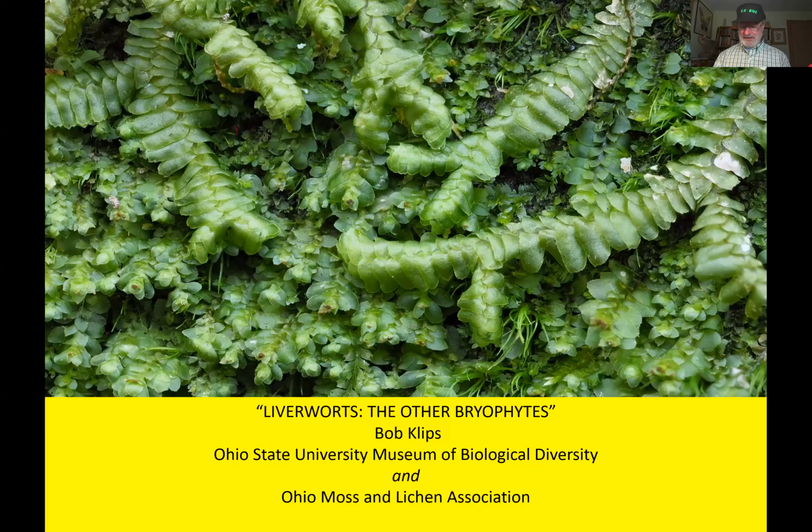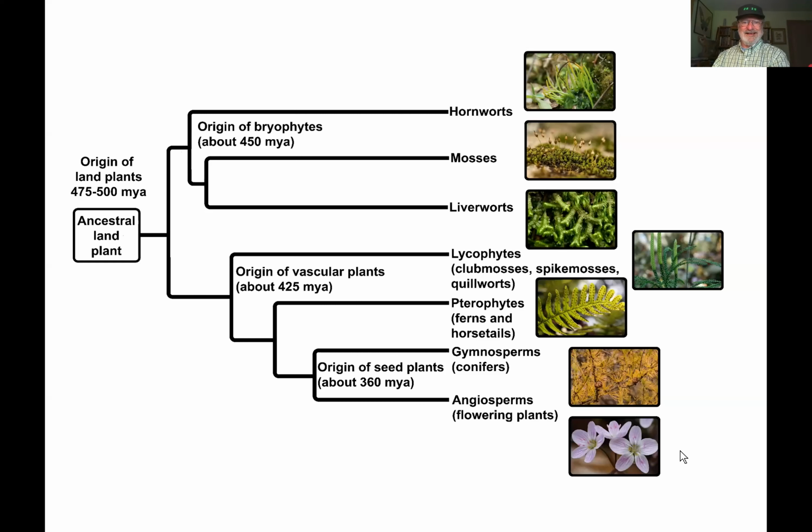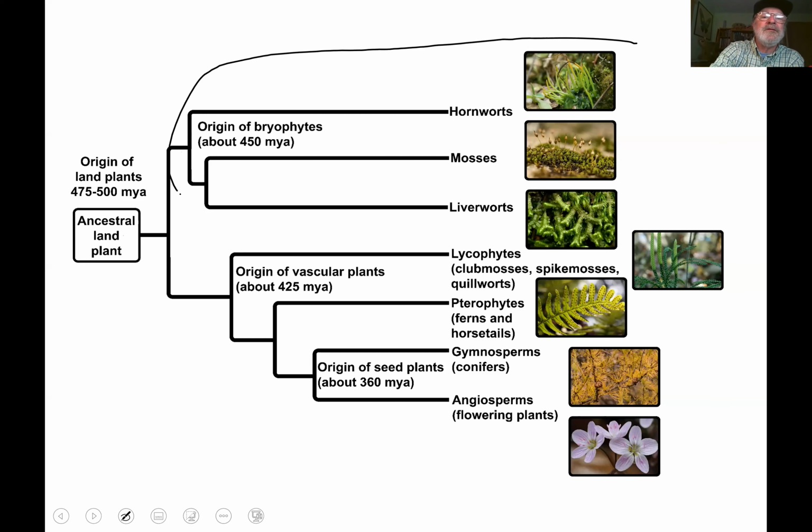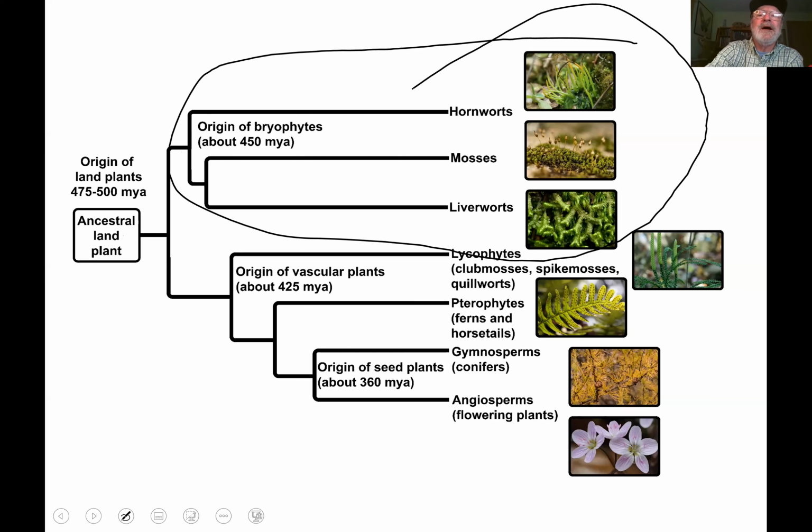by looking at the plant kingdom and seeing what types of plants there are in the plant kingdom. And as you may know, the first types of plants to occur didn't have all of the attributes that are helpful for life on land. They didn't have vascular tissue, and they didn't have seeds. And these are the so-called non-vascular plants. Although it's not really great to define things by what they don't have, nonetheless, the mosses, hornworts, and liverworts are